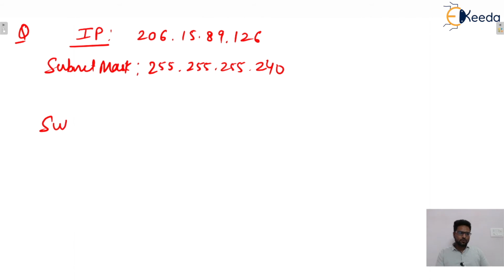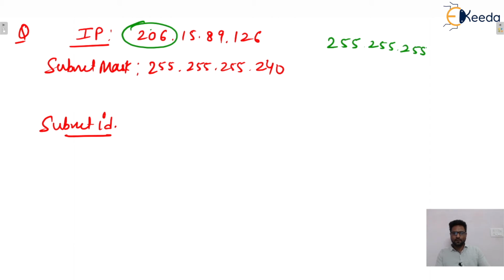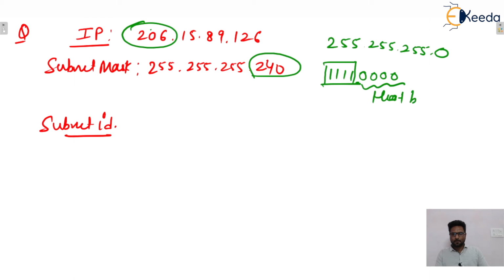If it is asked what the subnet ID will be, guys, you know this is class C, and for class C the default mask is 255.255.255.0. So consider this 240 can be written like that or not? Yes or no? That means these are the subnet bits and the remaining 4 bits are the host bits. So in the network ID, put all host bits equal to 0. Similarly, in the subnetwork also, put all host bits equal to 0.